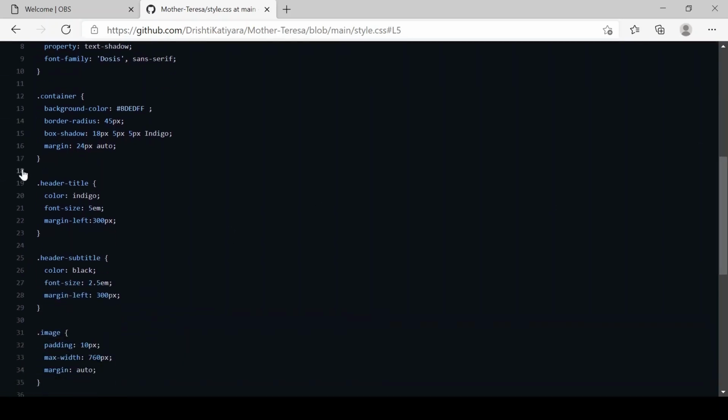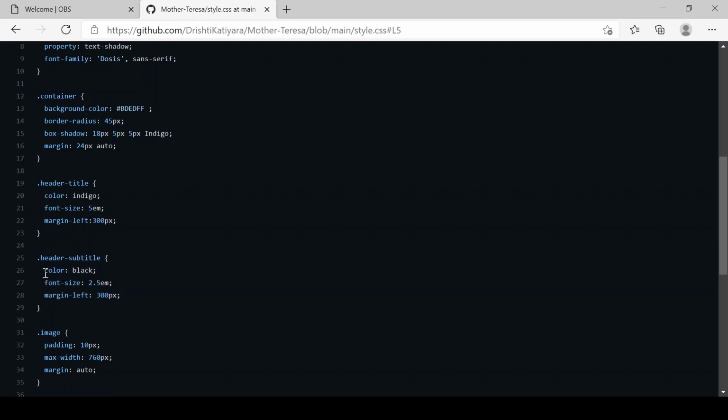Now for the header title, we have used .header and the class name, that is the header type. I want the color of the heading to look like indigo and the size to be 5 em. Also, it should be leaving some space from the start, that is the margin towards the left. Similarly, we have applied CSS to the subtitle tag, that is the tagline.